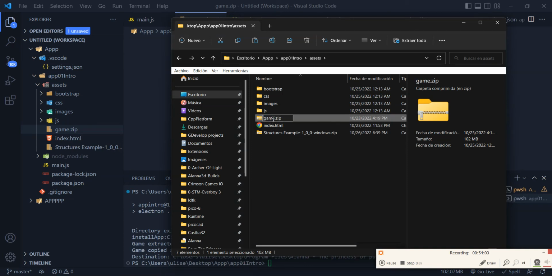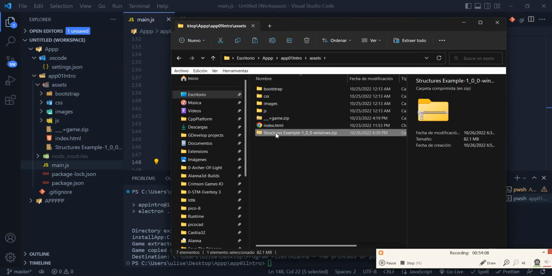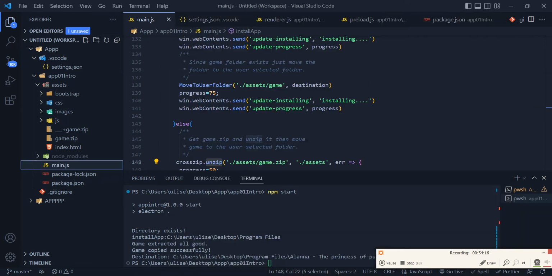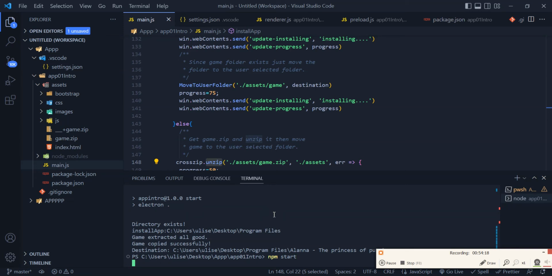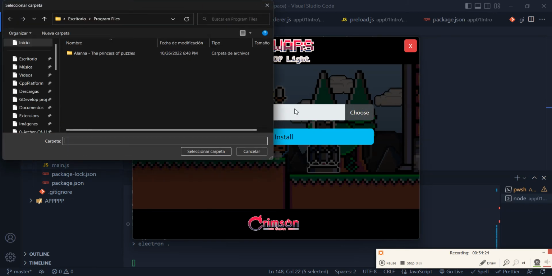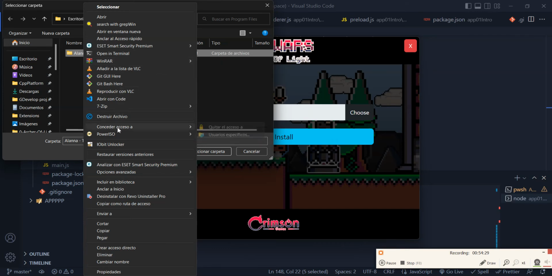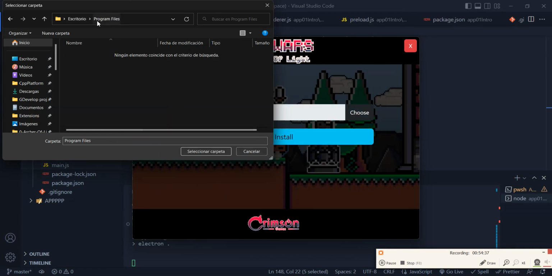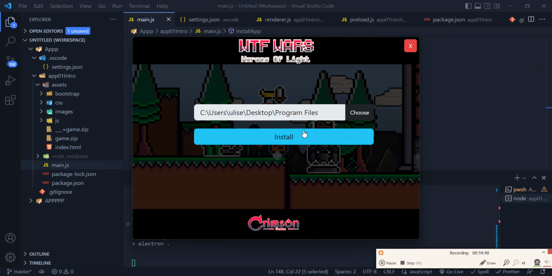Let's rename this game to another thing, and let's name this game. So now if we run the installer, select directory, let's delete this one, select program files, install,